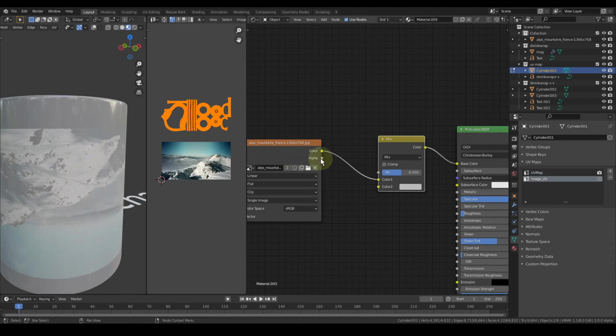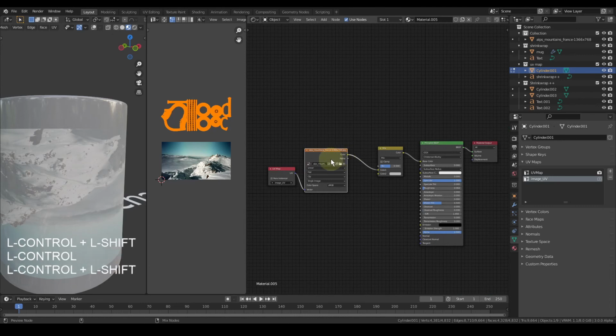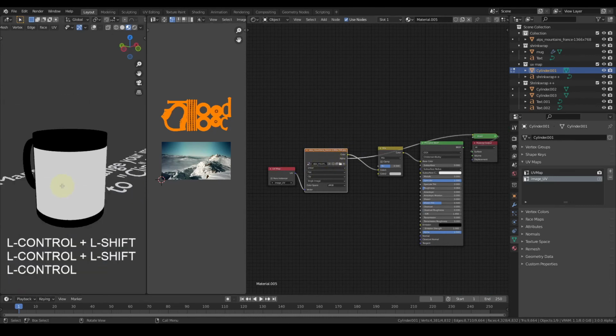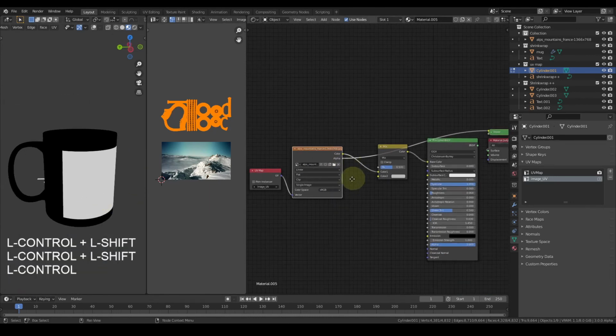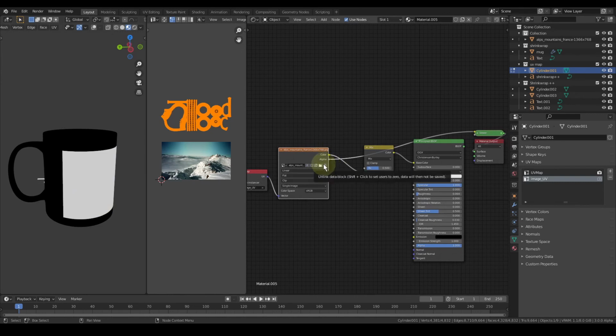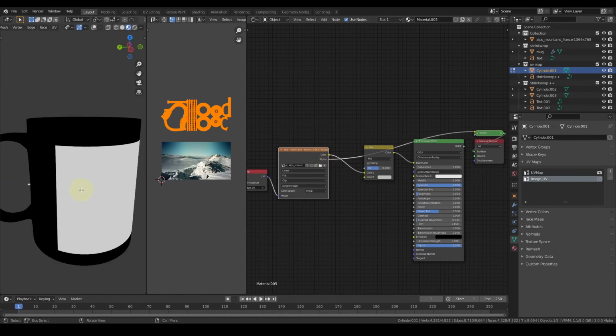So let me show you what appears in the alpha channel. We are going to use the alpha channel of the node, and tell Blender that wherever it is white, display the image, and wherever it is black, display the other color that we set.